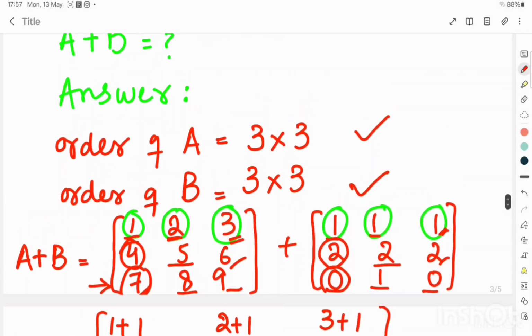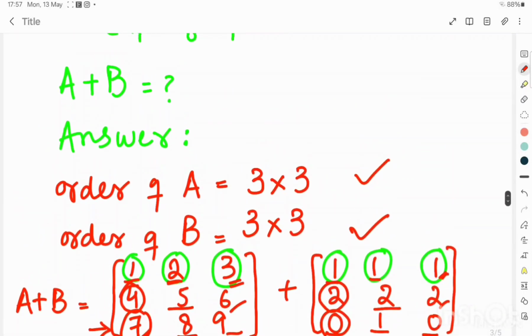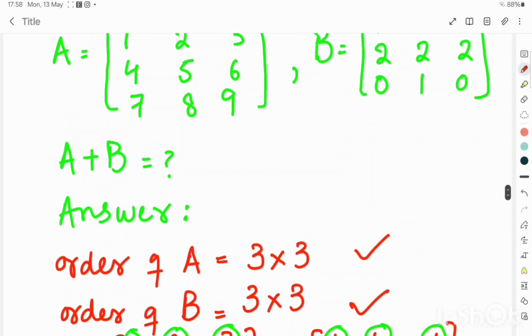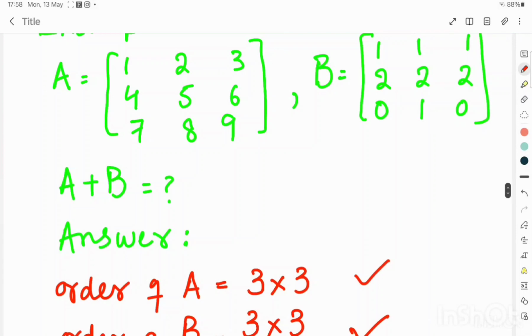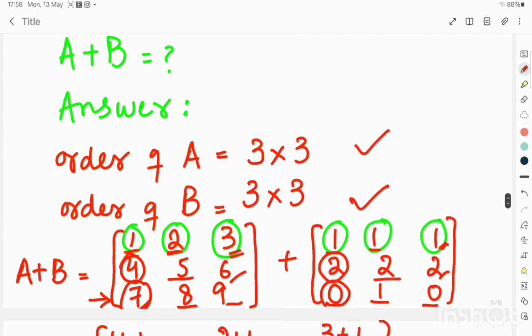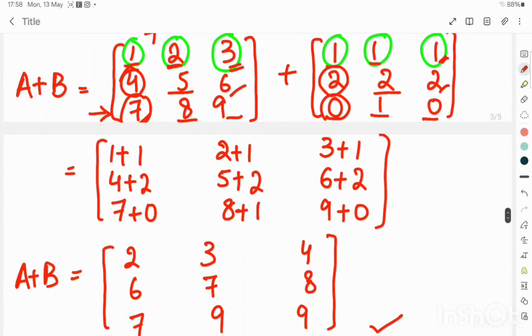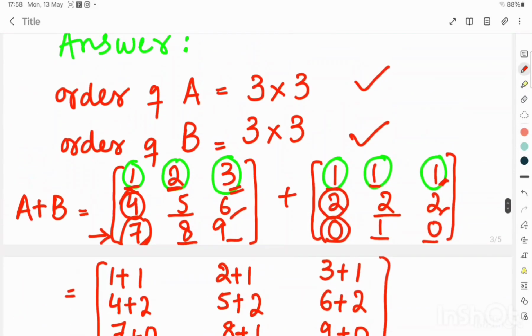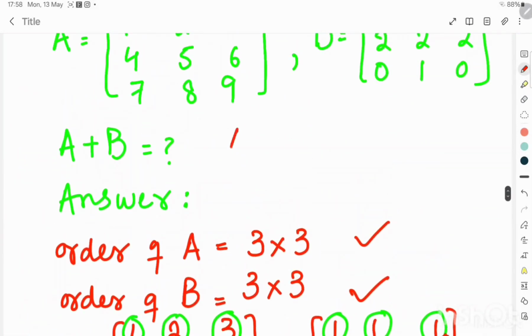Okay, and it's a really simple method. There is no difficulty in it, but just remember that whenever it is asked to find the addition of two matrices, your first step will be to check the order of both matrices. If the order of both matrices is the same, then you go further and solve for addition, and you see that addition is very simple. So it's really simple.